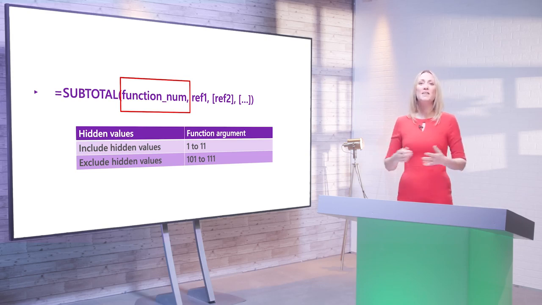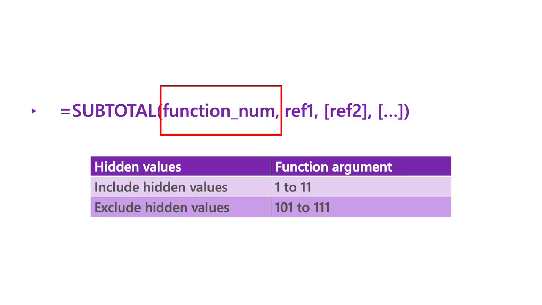Now that you have seen how the subtotal function is used in the total row, let's cover some more detail on its syntax and arguments. You use the function_num argument to define other functions that you would like to use to calculate subtotals. Functions are called using numeric values of 1 to 11 when including hidden values, and 101 to 111 when excluding